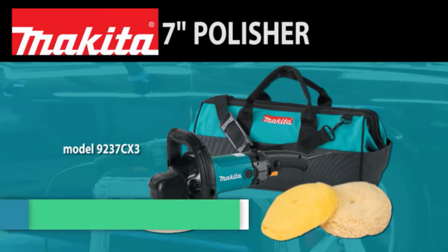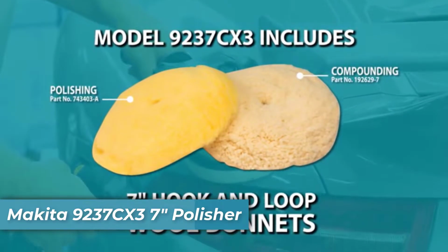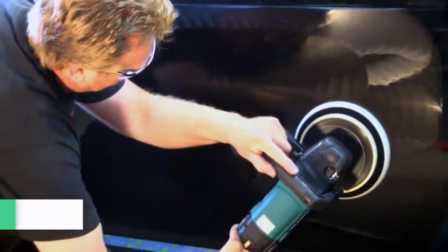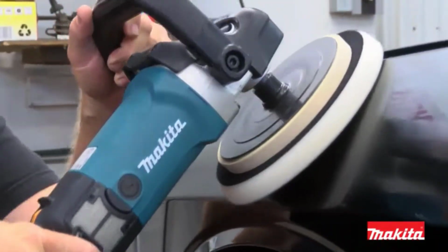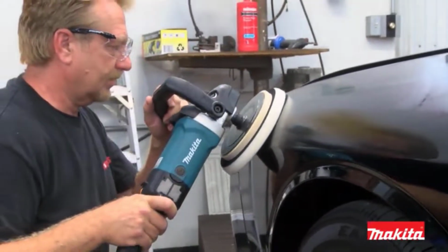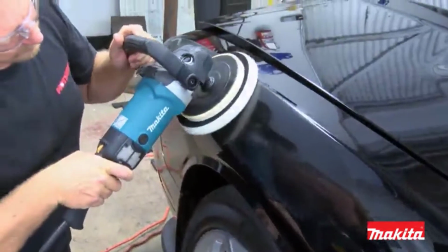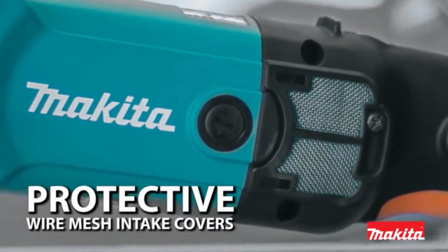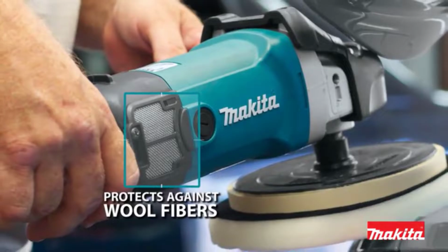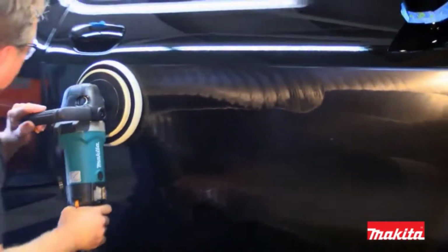The recognized workhorse polisher in the industry just got even better. Introducing the 7-inch Makita rotary polisher. This new 7-inch polisher includes several innovative features, including rubberized gear housing and loop handle to help protect delicate surfaces from damage, wire mesh intake covers to prevent wool fibers from entering the motor, and improved cord guard for increased